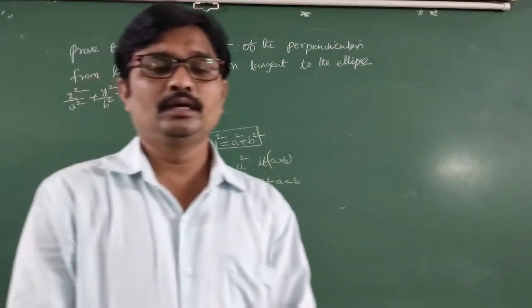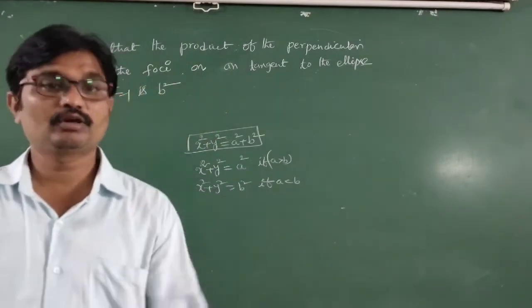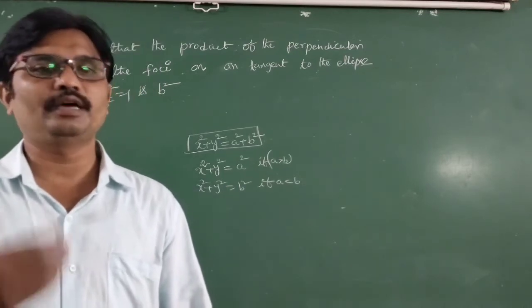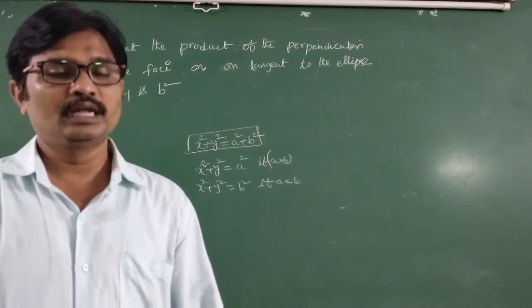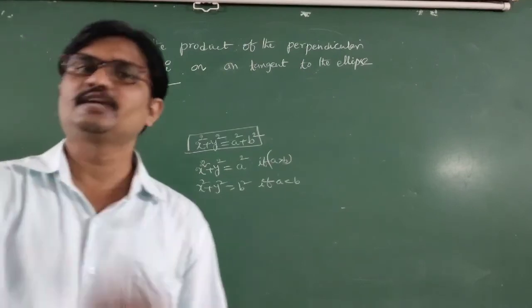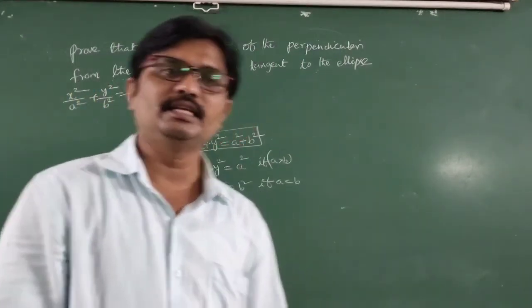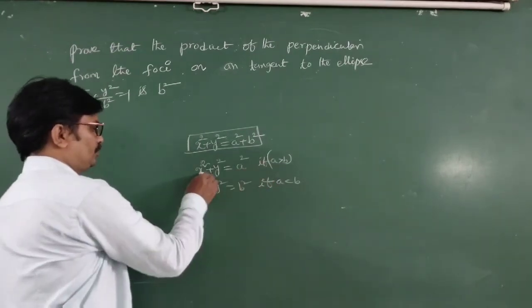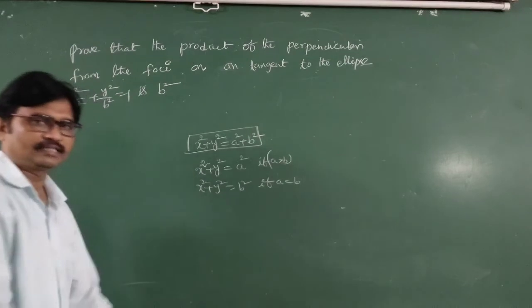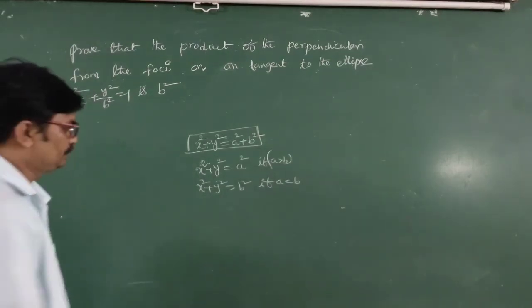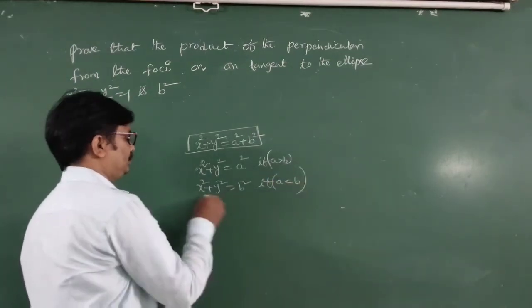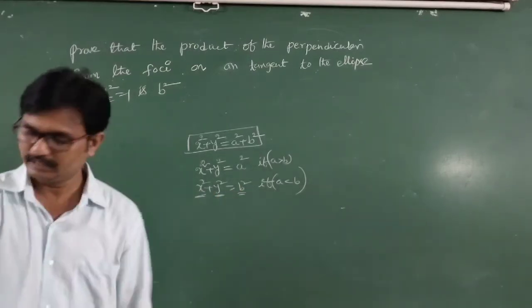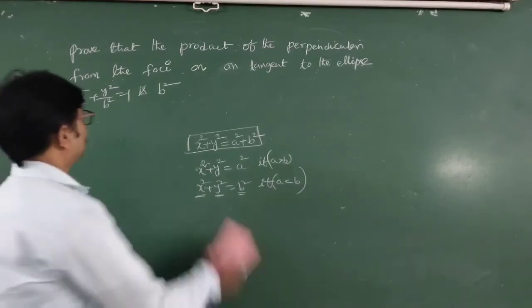Okay students? The auxiliary circle means the locus of the feet of the perpendiculars drawn from either of the foci to any tangent to the ellipse lies on a circle concentric with the ellipse. Then that circle is said to be the auxiliary circle. If a is greater than b, the equation of the auxiliary circle is x square plus y square equal to a square, and if a is less than b, it is x square plus y square equal to b square. Okay students?